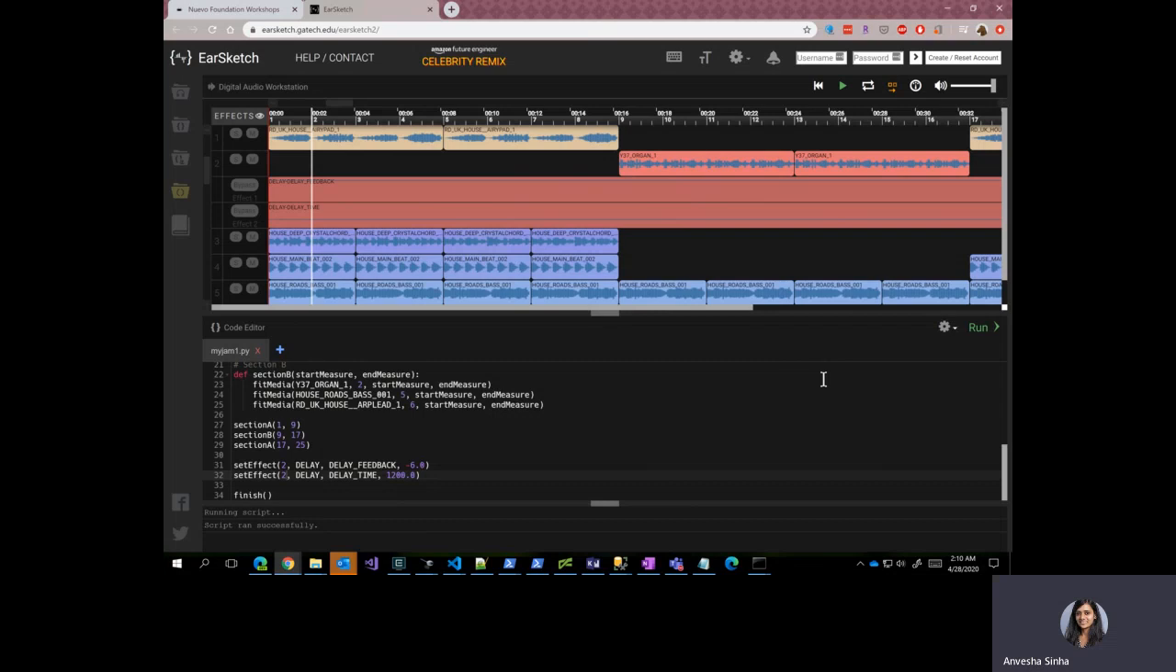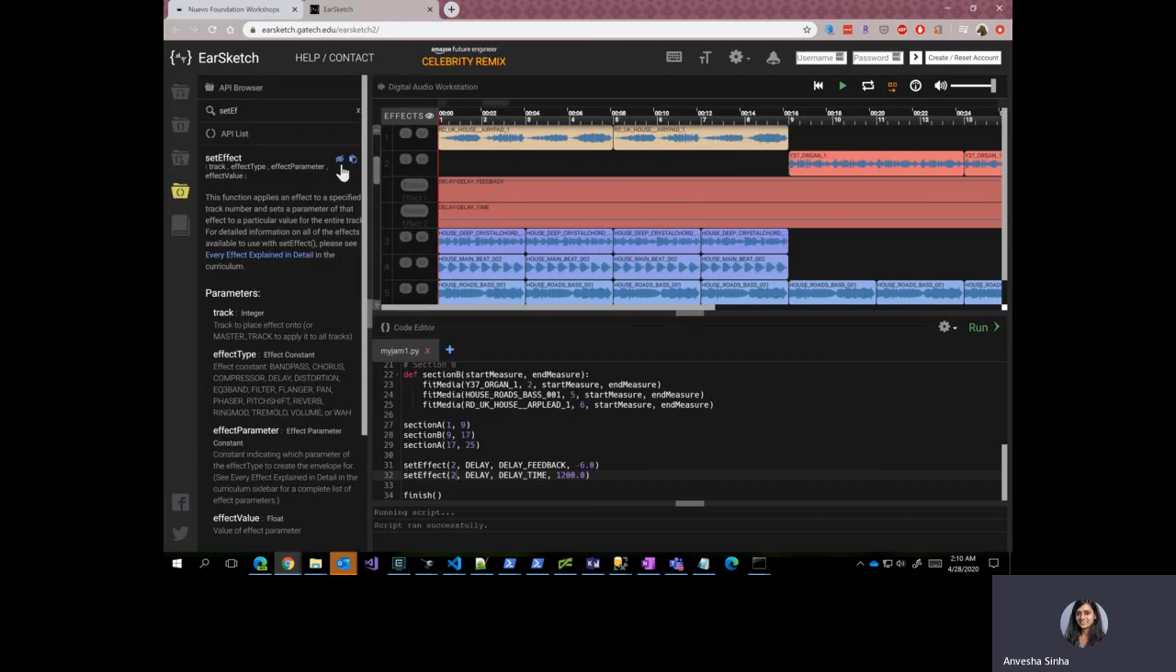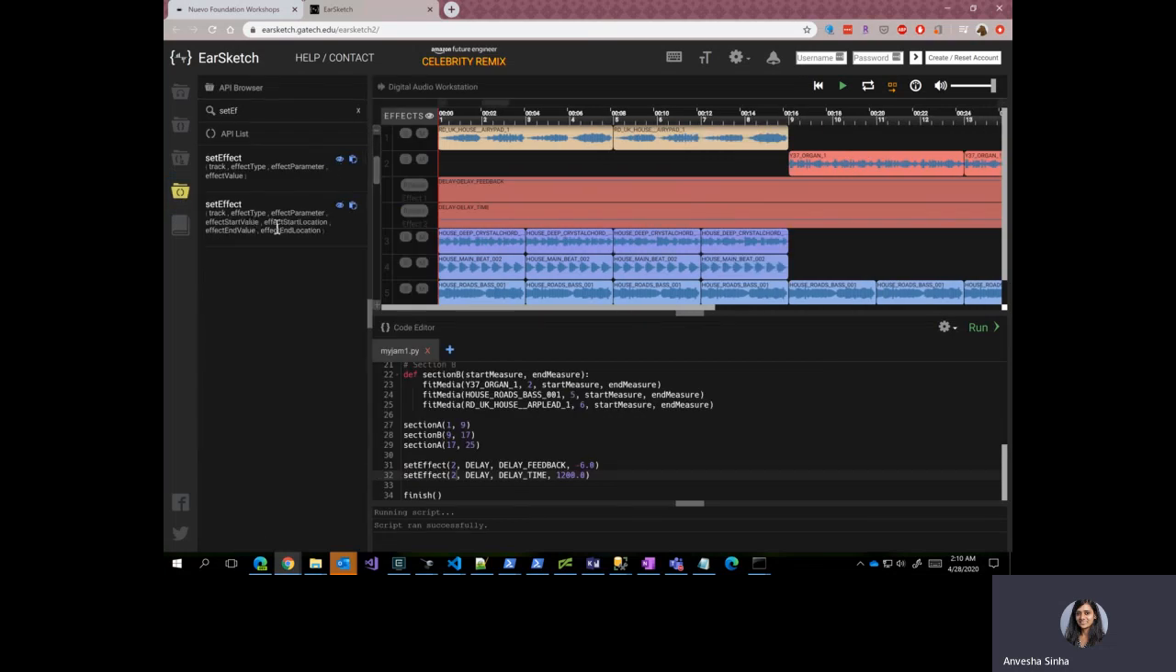In the next lesson, we are going to learn about the other setEffect function that we saw here, which is setEffect with 7 parameters, and we will see how we can use that to fade in